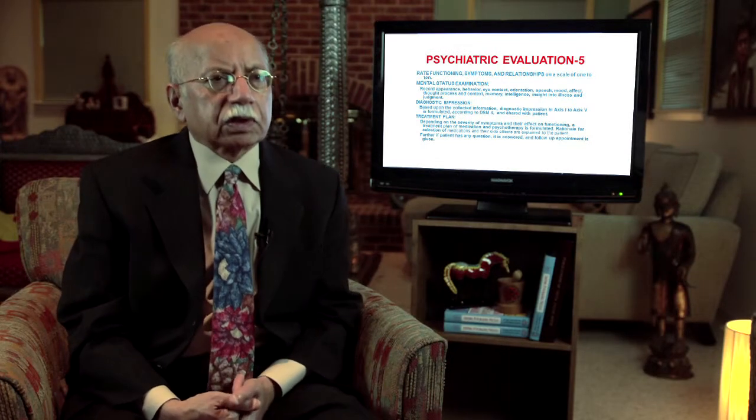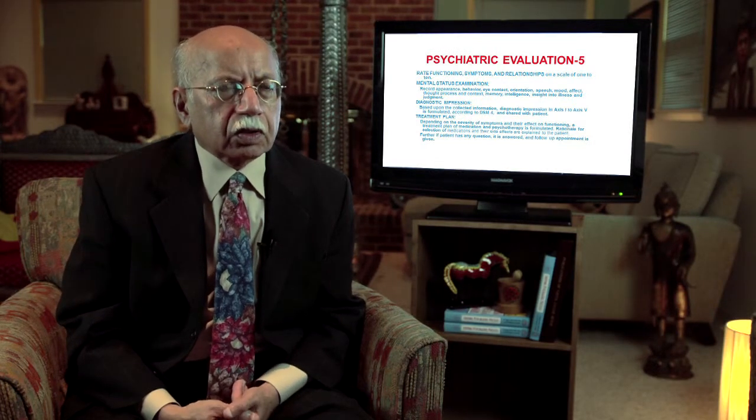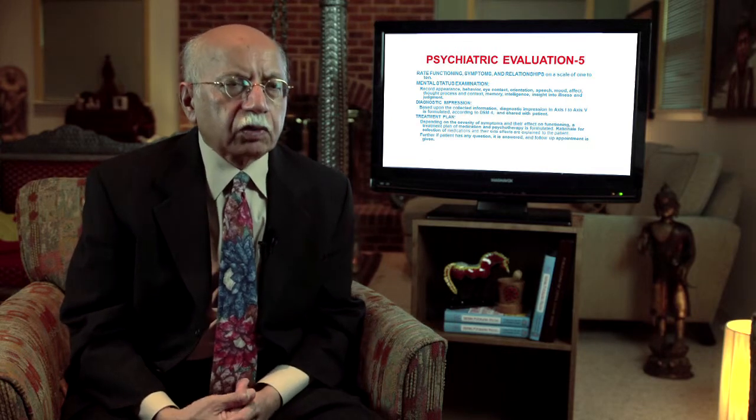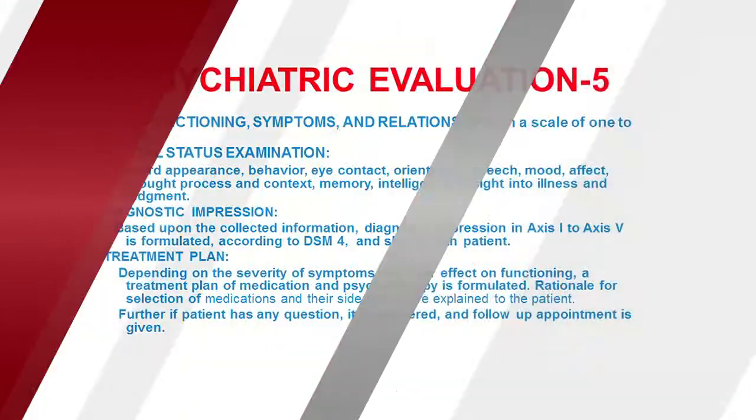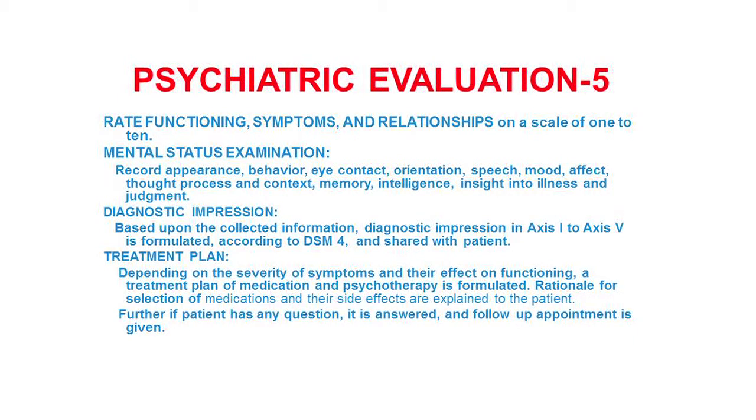It is very important at the very outset to record what is their level of functioning, and I do on a scale of 1 to 10, namely 10 is their best functioning, 1 is their worst functioning. The assumption is that with the burden of psychiatric illnesses, their functioning is not normal, and likewise how they are functioning at home, profession, school, or in social settings are recorded.